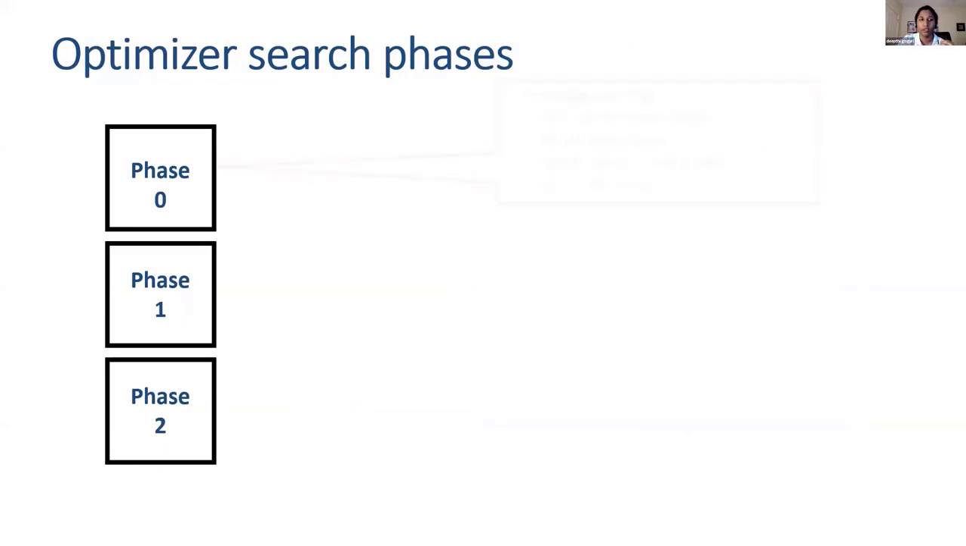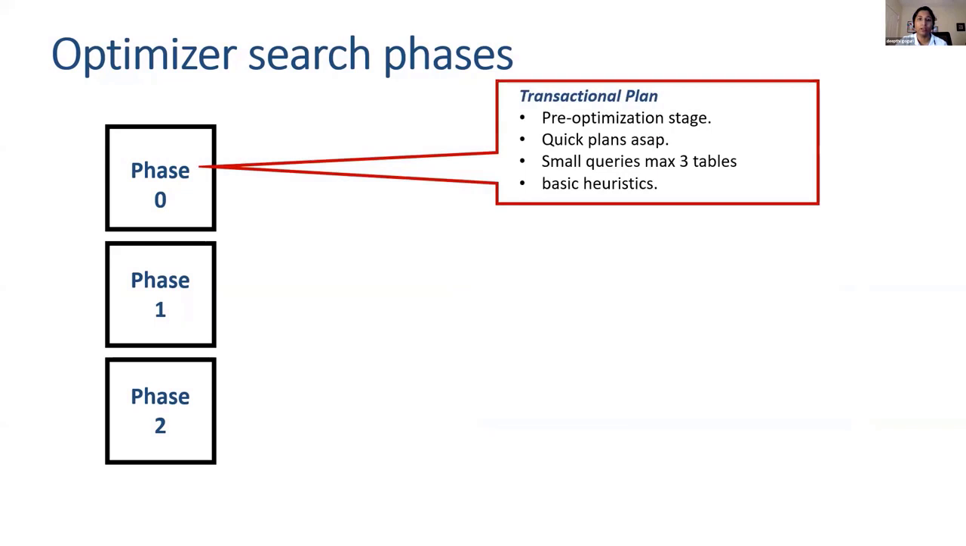Phase 0 is also known as the transaction plan. These plans are created very easily by the optimizer, at the pre-optimization stage. For example, the trivial plans are created at the pre-optimization stage. These plans are chosen for queries for which the execution plans can be generated very quickly. These are very small queries with a maximum of 3 tables, and only very basic heuristics and metadata are needed for creating